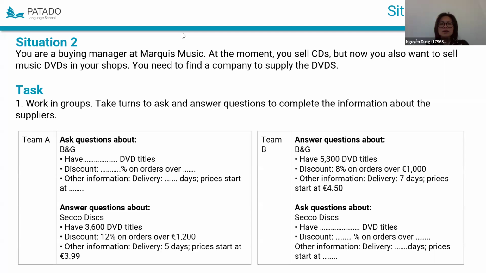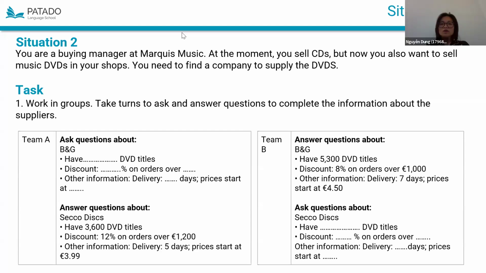Okay. And in terms of delivery, how long can we receive your product? So in terms of delivery, it will take us 5 days to deliver the products to your company.